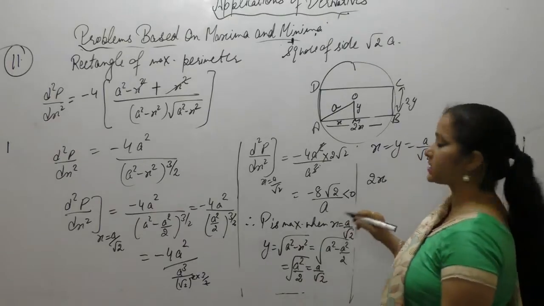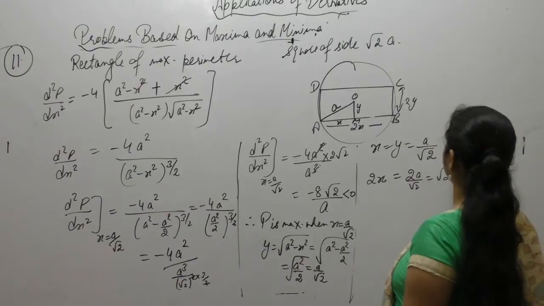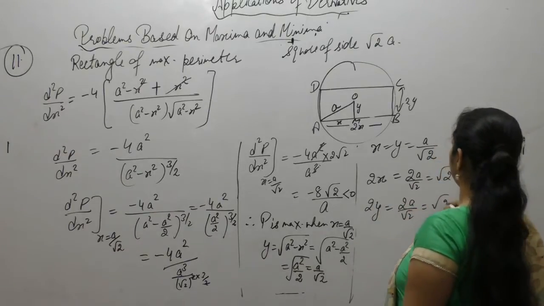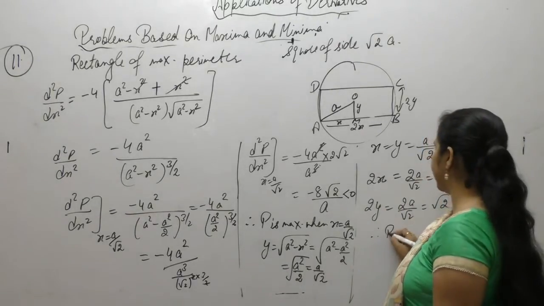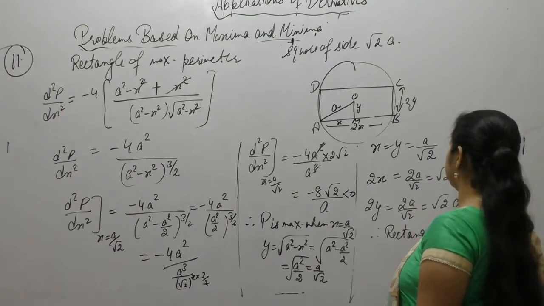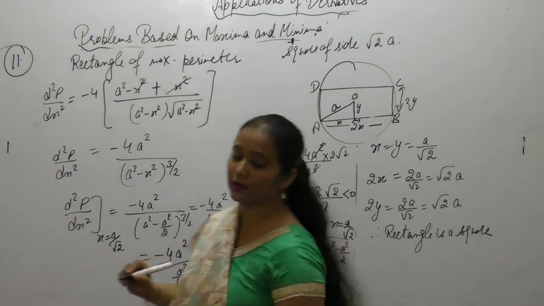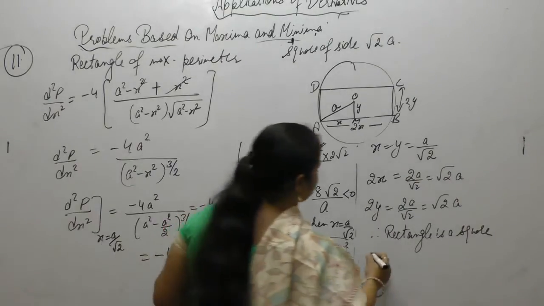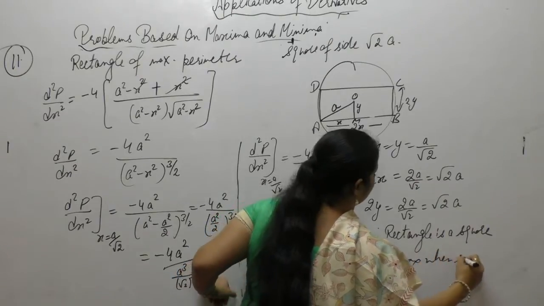x is equal to y is equal to a upon root 2. The length of the rectangle is 2x, so root 2a. The breadth of the rectangle is 2y, so root 2a. Length and breadth are equal. Therefore the rectangle is a square. And we have to show that P is maximum when the side of the square is